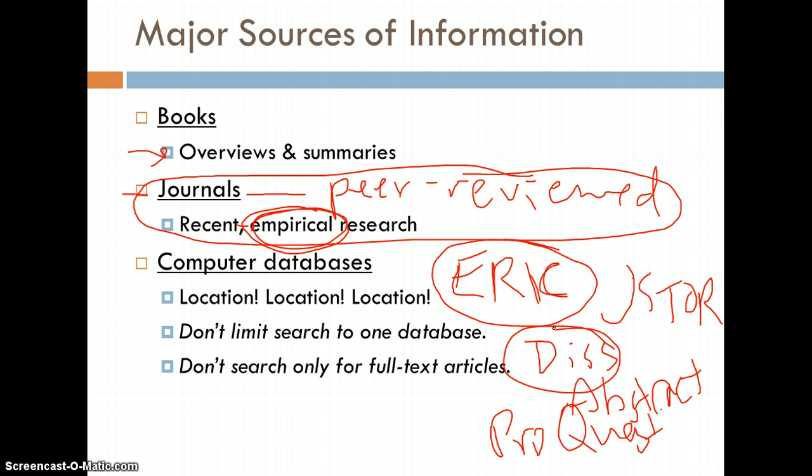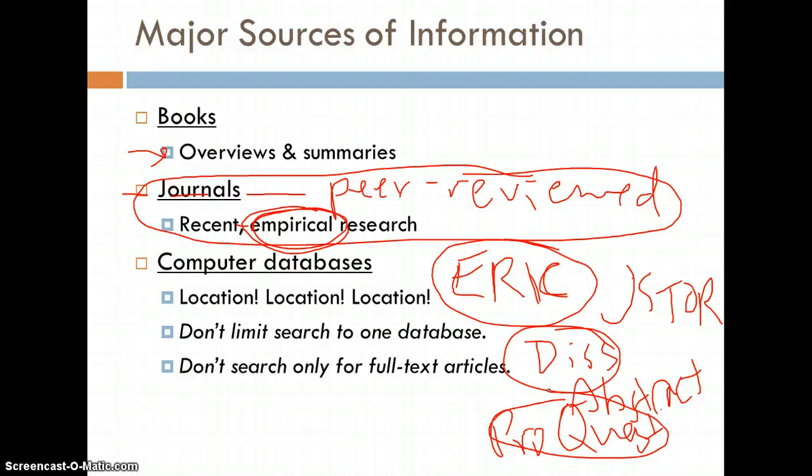Dissertations, unlike journal articles, and I've talked about theses and dissertations in, I think, the last screencast, can be a really good location just because they themselves have extensive literature reviews. And if you find a dissertation or a thesis through dissertation abstracts or ProQuest dissertations or whatever, take a close look at their reference list, especially if it's a pretty on-target topic for you and it's relatively recently published. That could be a wonderful source for you.